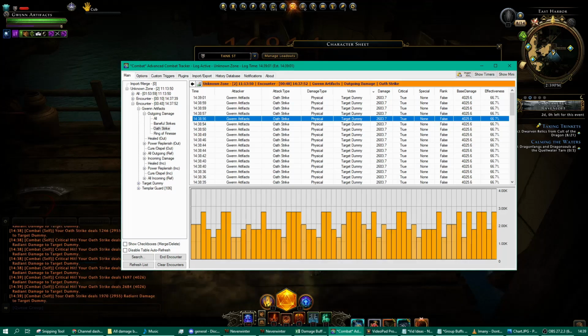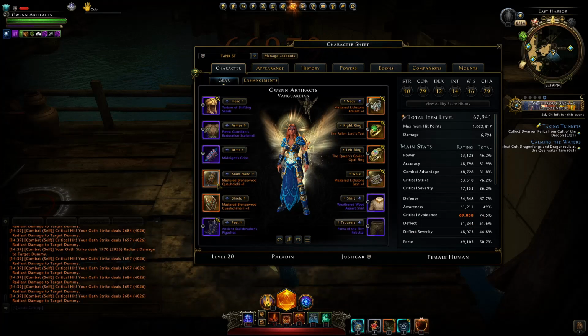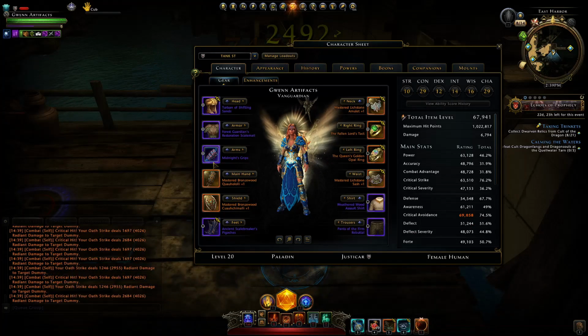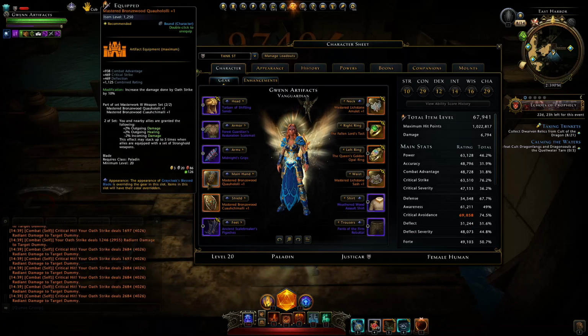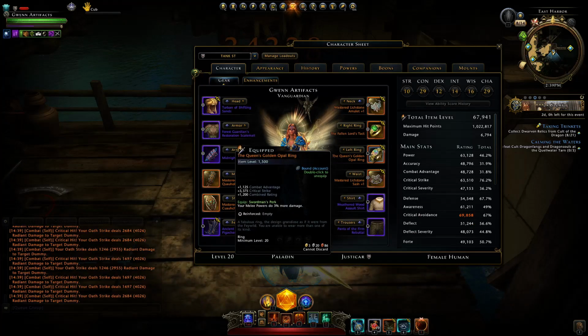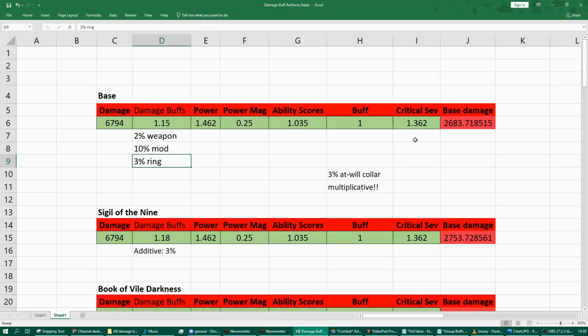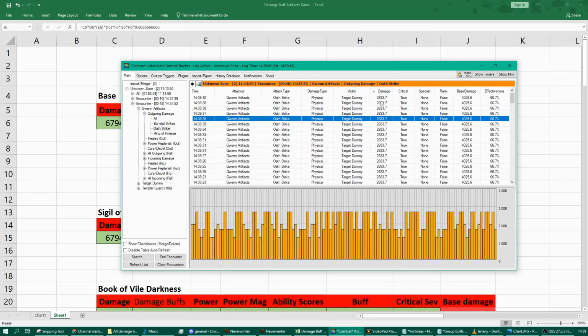2,683.7 damage. And we can have a look in our document. This is indeed the damage we are getting with this base damage, this power, this crit severity, this ability score, and also these damage buffs. We're getting 2% from having our weapon set, 10% from having a buff to Oath Strike on our modification, and a 3% buff from having our Queen's Golden Opal Ring, giving us that Swordsman's perk. And thus we can see our exact damage output is equal to the damage we're getting in regards to the